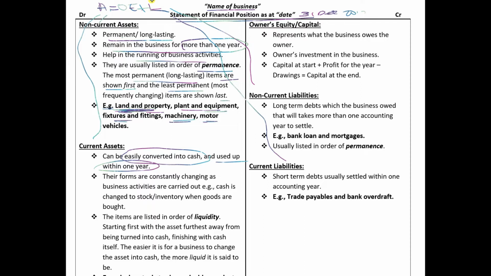Now current assets can be converted into cash and are normally used up within 1 year. So non-current assets are more than 1 year, current assets are within 1 year, less than 1 year. Current assets can be easily converted into cash. So as we have already